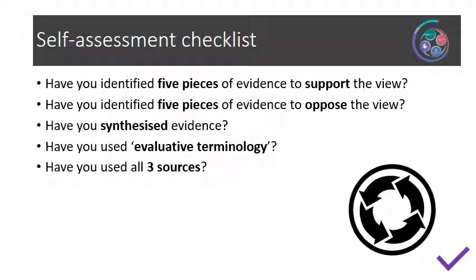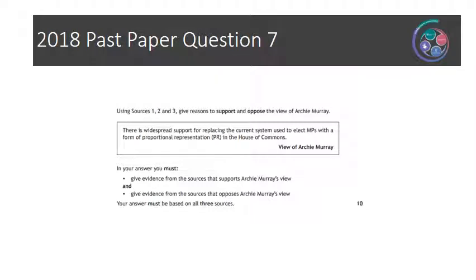A reminder to ask yourself whether you have used all 3 sources at least once throughout the question. Now we can turn our attentions to another example. In this case, it is the SQA 2018 past paper question 7. And again, we will see a person's view, in this case Archie Murray. There is widespread support for replacing the current system used to elect MPs with a form of proportional representation in